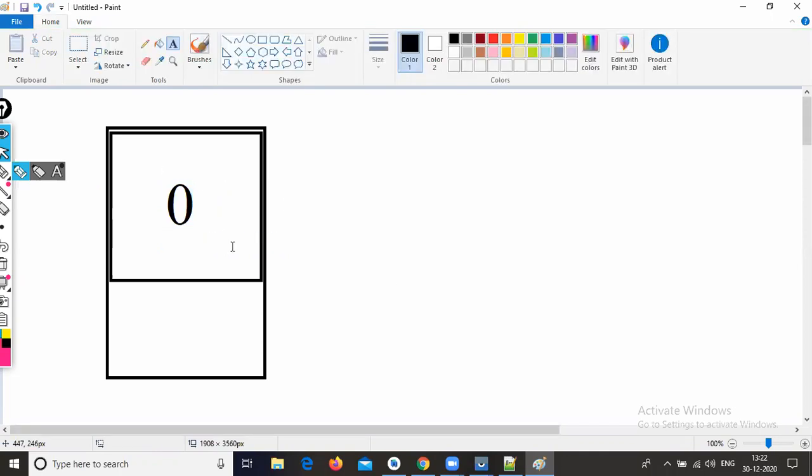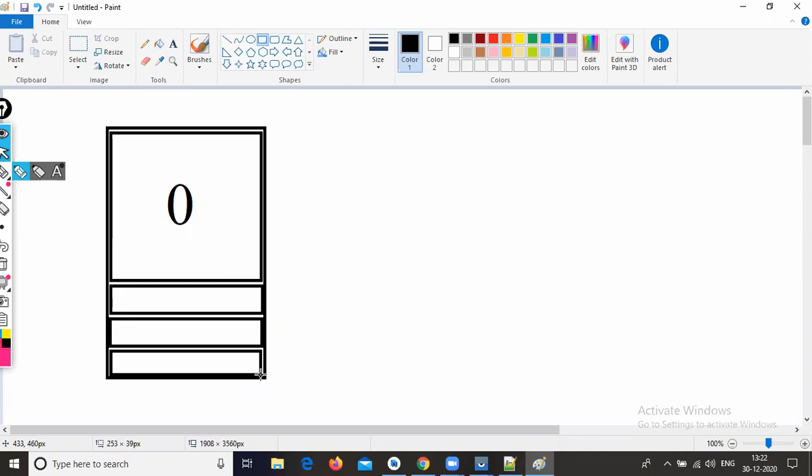Okay, so let us assume the first part is the text view. After that, create 3 buttons.